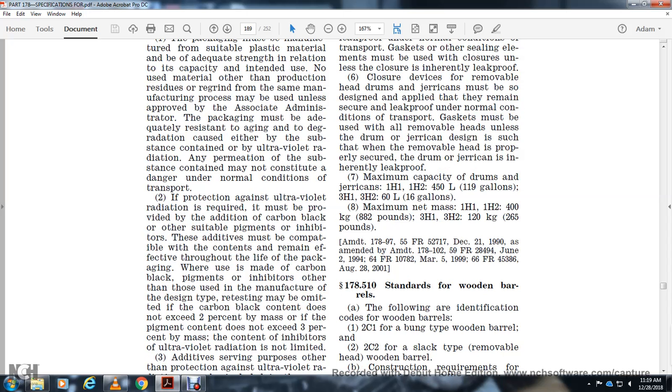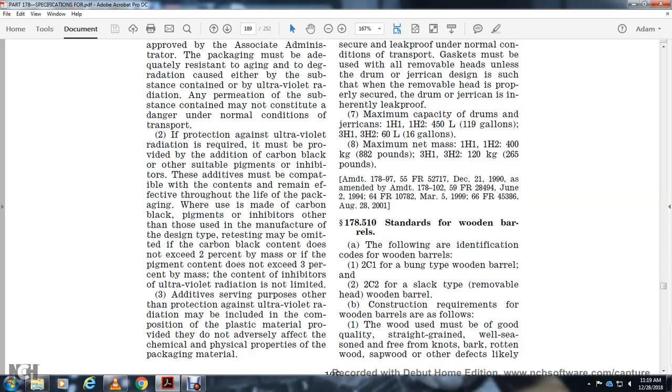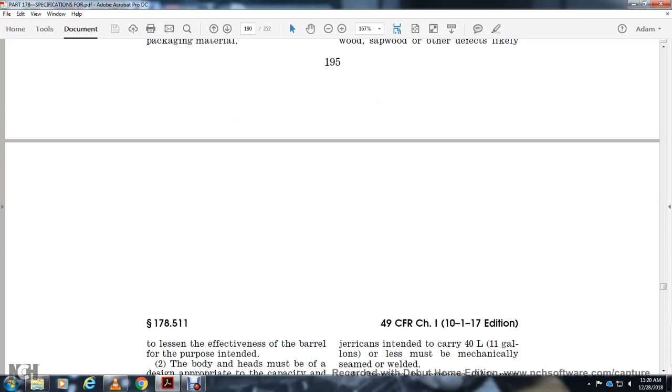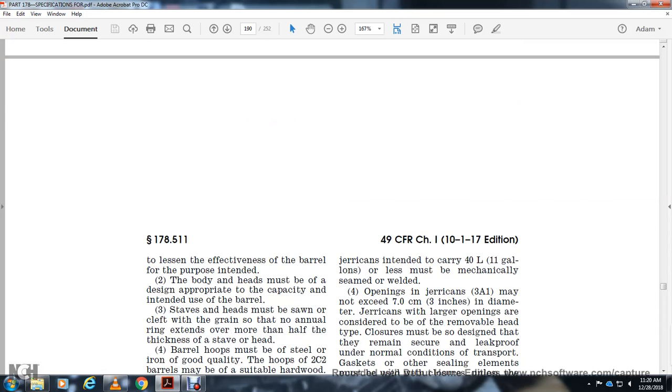the wooden barrel. The following are identification codes of the wooden barrels: 2C1, bung type wooden barrel; 2C2, slack type, with removable head. Construction requirements of the wooden barrel: the wood must be of good quality, straight-grained and well seasoned, free from bark, rotten sap wood, and other defects that would lessen the effectiveness of the barrel for its intended use. The body and heads must be designed appropriately for the intended capacity of the barrel, with the staves and heads sawn with the grain,